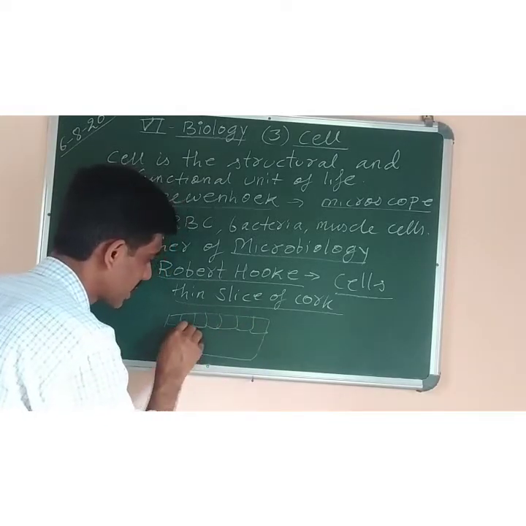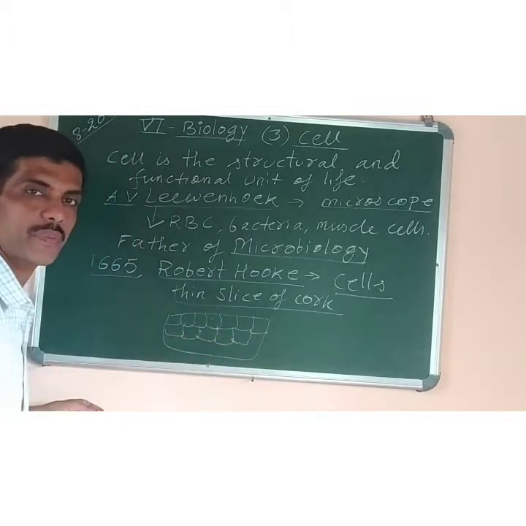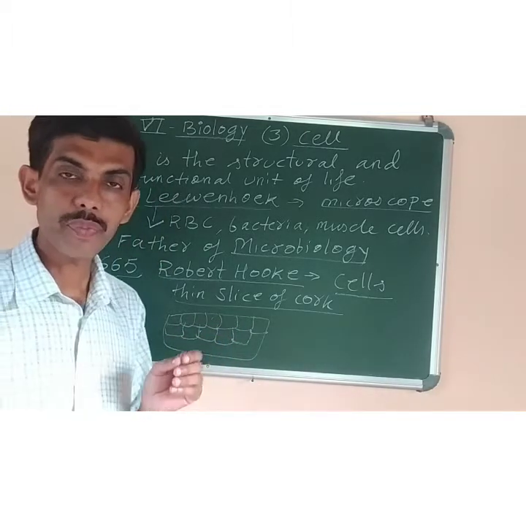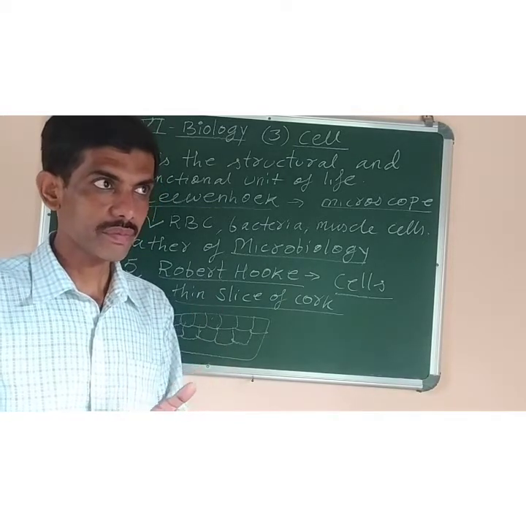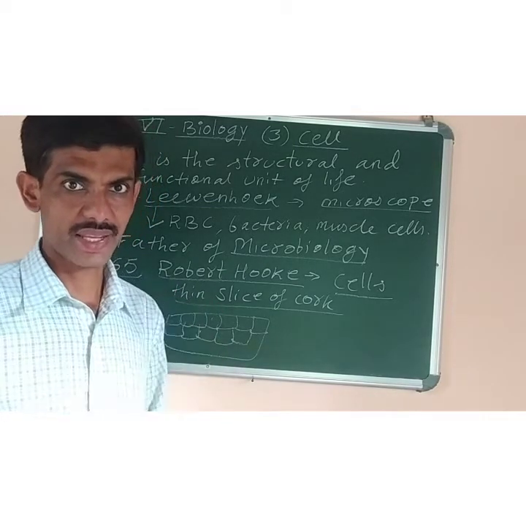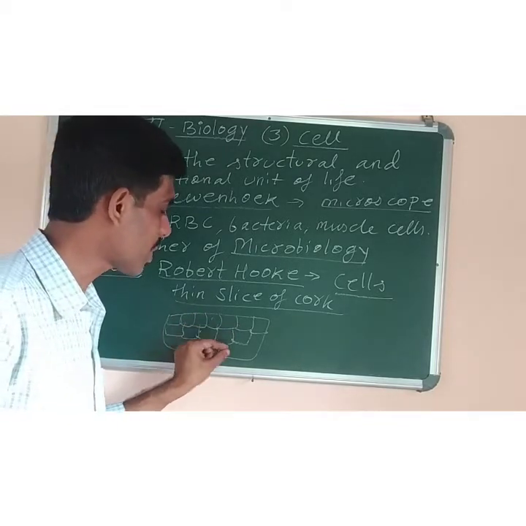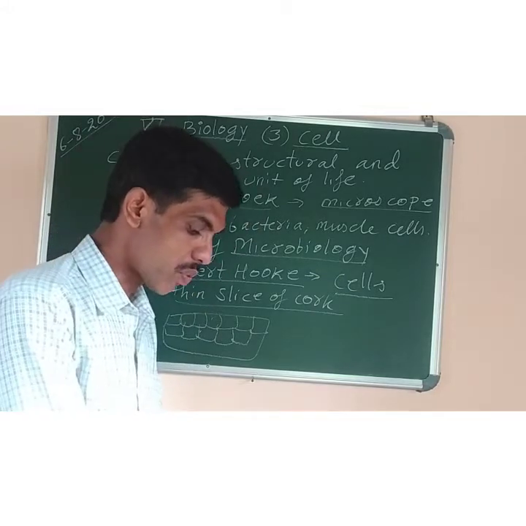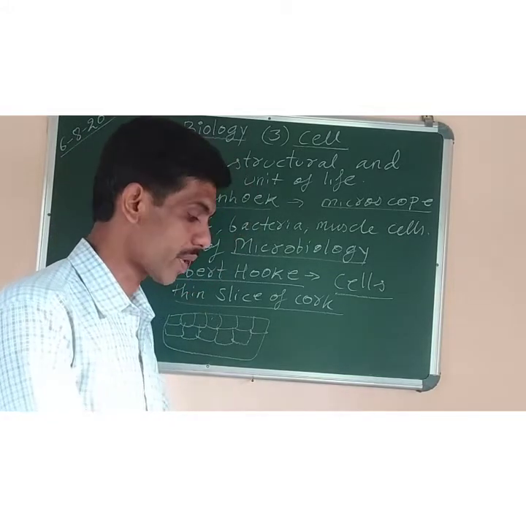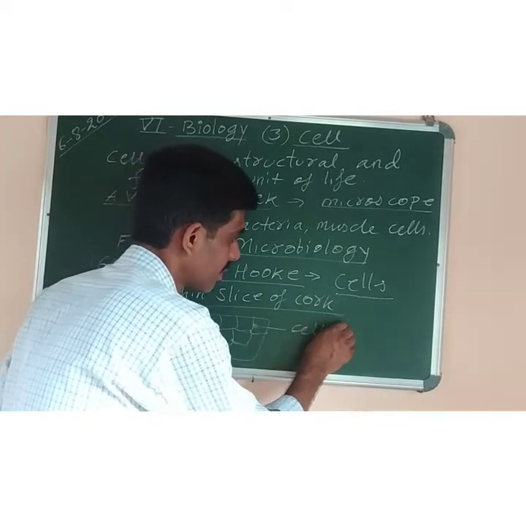Like this box-like structure he had seen. So he said that these structures appear like a prison's cell. Cell means where the persons are kept in the prison. Just like that, small compartment or room-like structures were seen. They are box-like compartments. And what Robert Hooke had seen, actually, he had seen only the cell wall, because